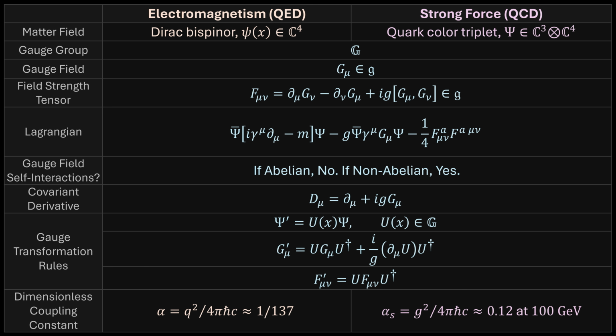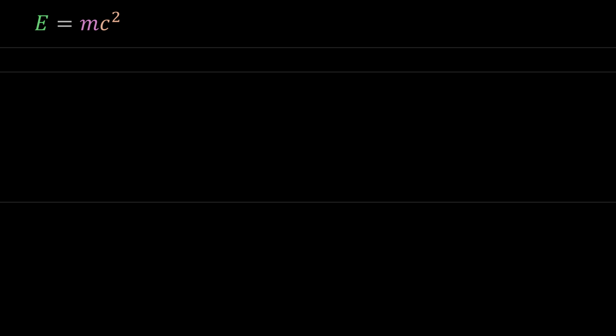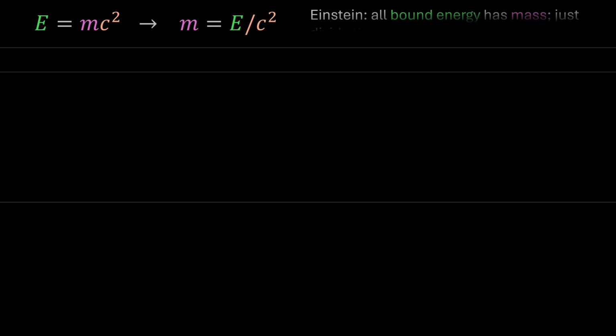All right, let's go ahead and wrap up this series with a surreal reflection on the nature of matter and energy. Okay, so you may have heard of a little something called E equals mc squared. And this equation is basically synonymous with Albert Einstein, because he was the one who figured this out. And what the equation means is that any mass actually contains energy with a proportionality factor of the speed of light squared. And another way to look at this equation is to divide by c squared, and you can write it as m equals E over c squared.